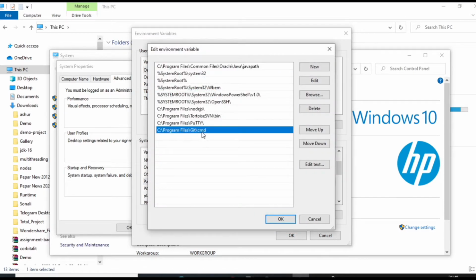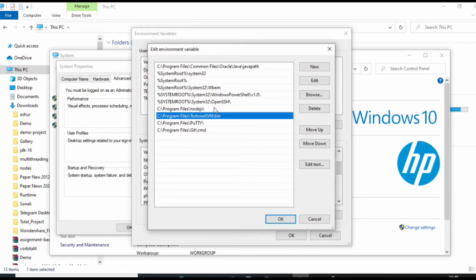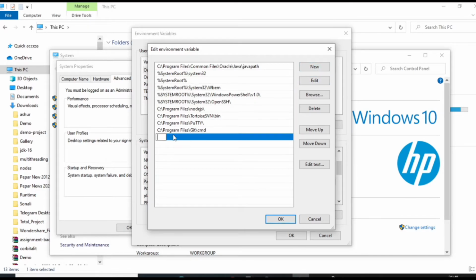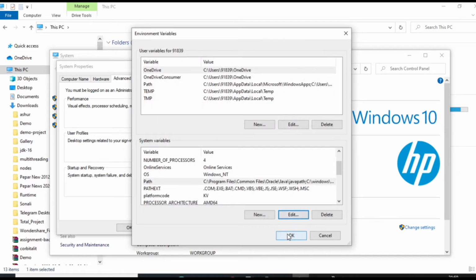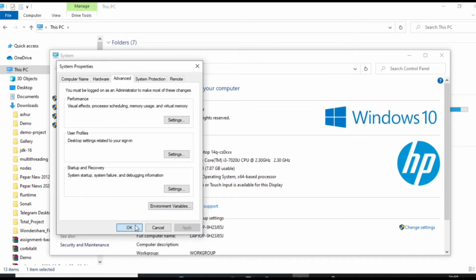You can see in the Path variable many entries have already been added by the system. We need not change these. What we will do is just click New and paste the path of JDK 16, right? Click OK and close the tab.